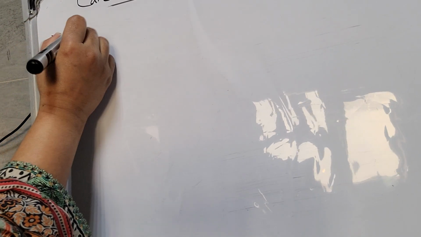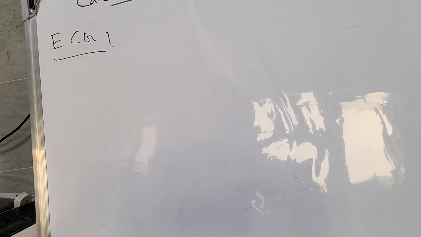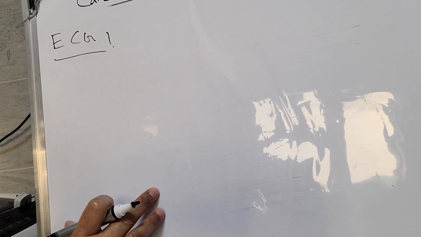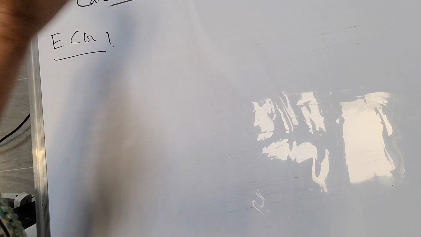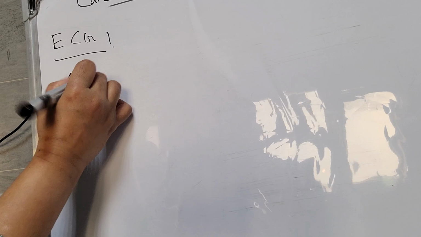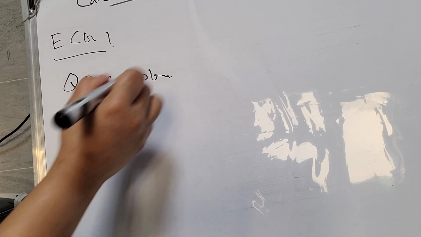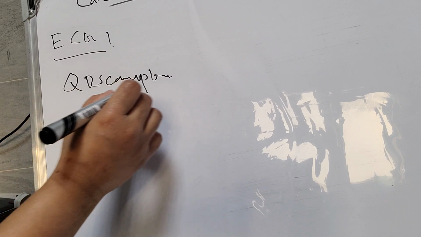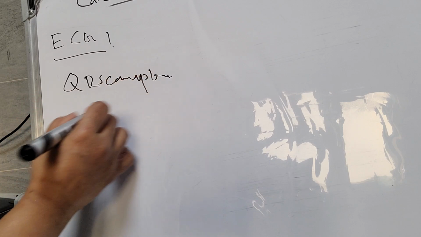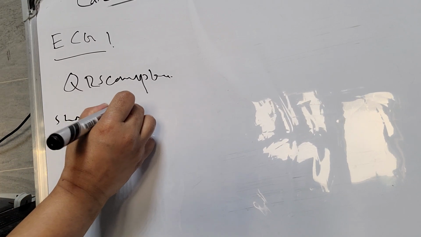The ECG question can come in the exam. If the patient has cardiac tamponade, they will give you 4 options, meaning the ECG changes. What will you observe in the ECG when the patient comes with cardiac tamponade? In the ECG, always keep in mind the QRS complex: always the QRS complex is short and uneven